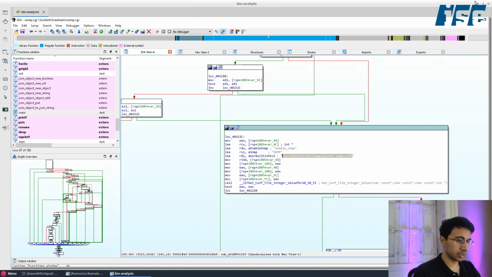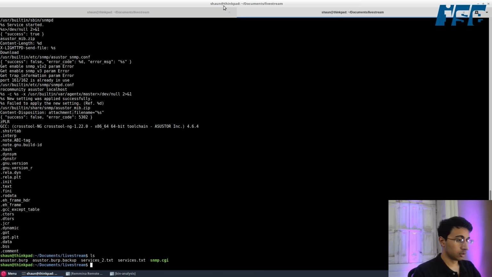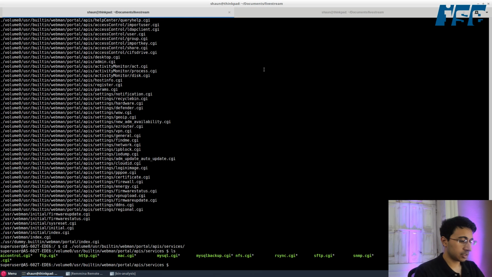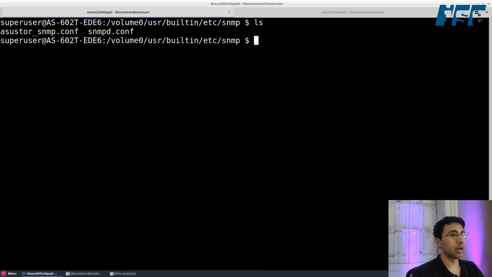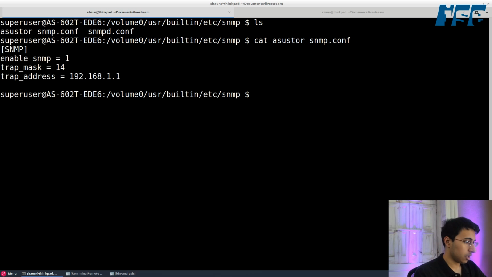So I'm going to minimize Pro, go back to my SSH access, cd user, built-in, SC, SNMP, and it looks like we have two files here: ISE Store snmp.conf and snmpd.conf. The first one's what we saw a lot in the disassembly. That has